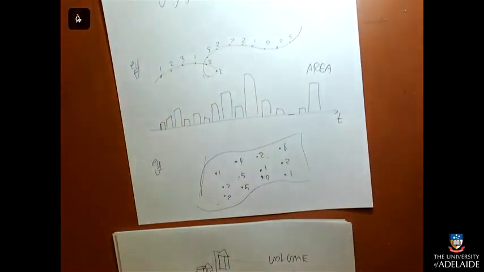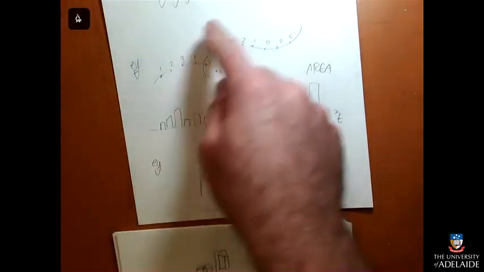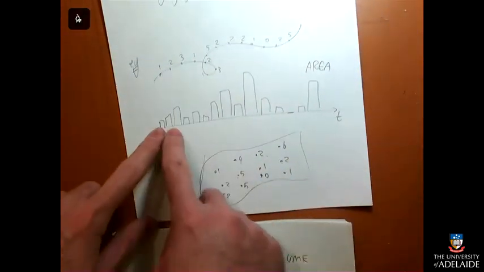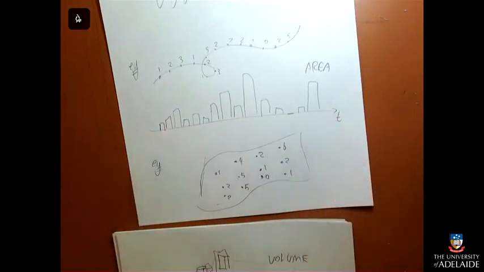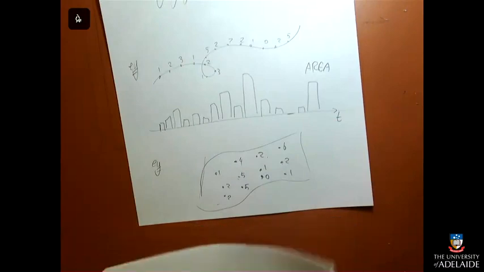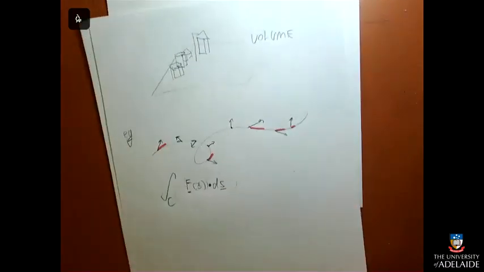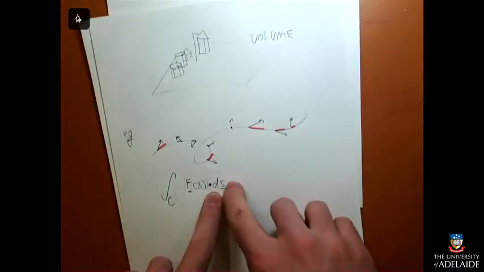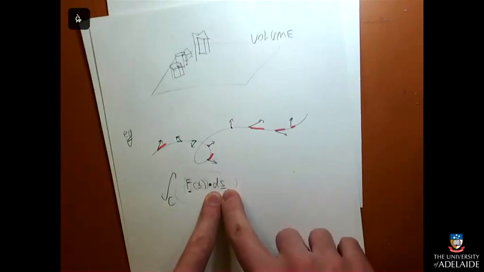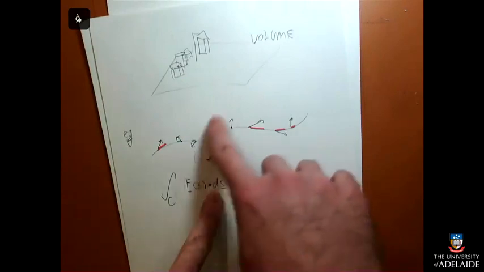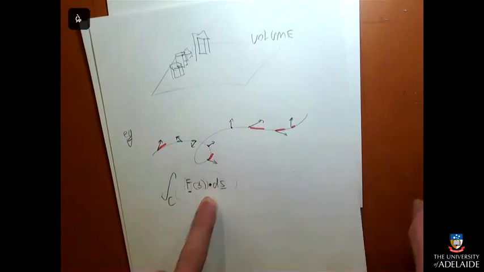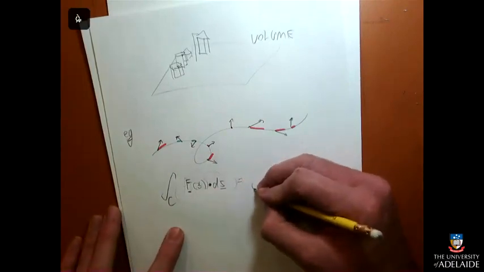So because the point on the curve is moving at a different speed to this, I need to take that into account when I figure out the area. And what that is, this ds, therefore has inside it an idea of how fast the curve is moving at the moment. And so when I do this, it becomes